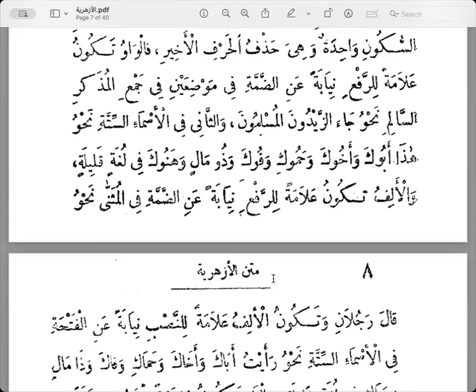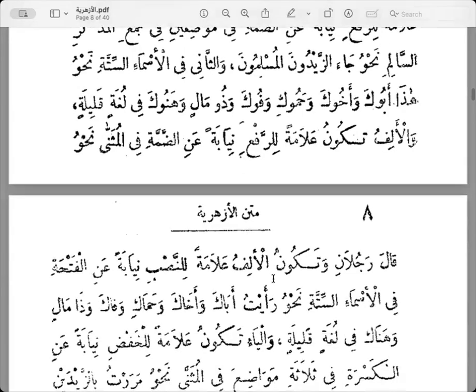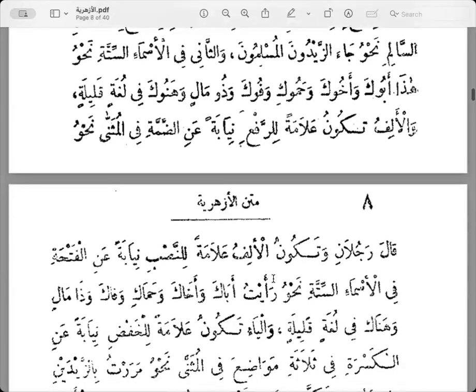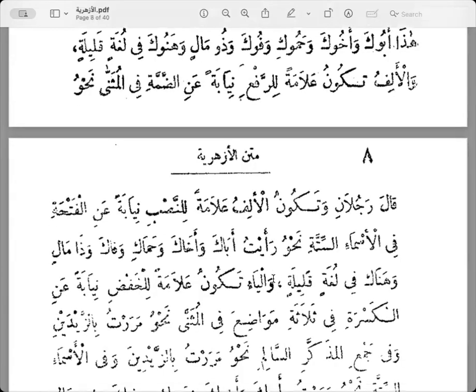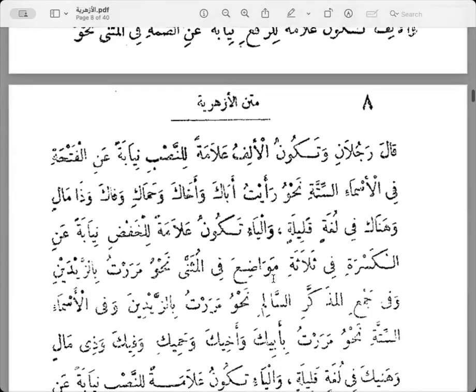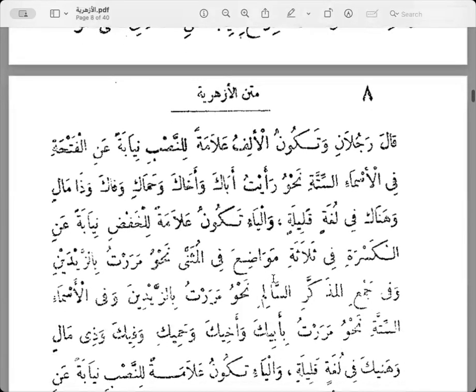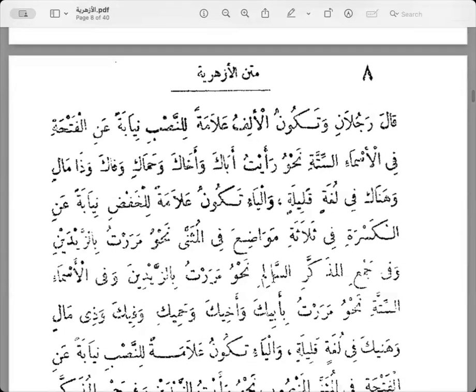Okay, where do we get to? والألف تكون علامة للرفع نيابة على الضمة في المثنى نحو الرجلان نحو قال رجلان، وتكون الألف علامة للنصب نيابة عن